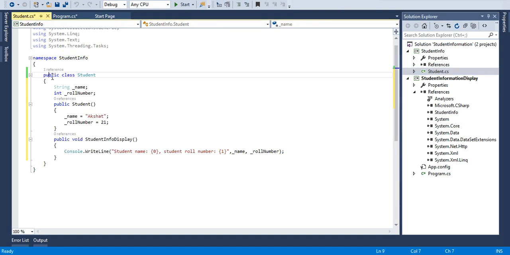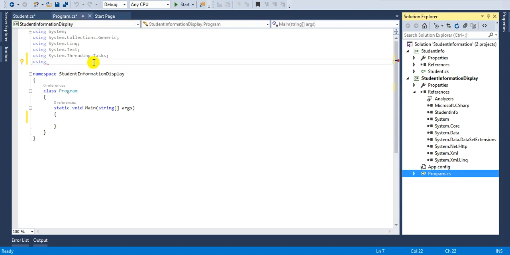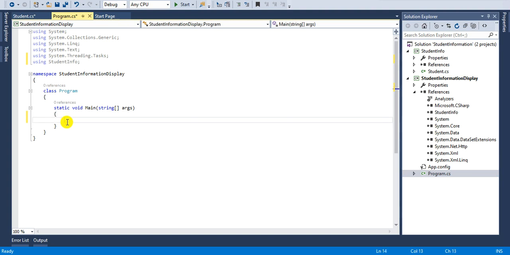So the namespace name is student info. I'll copy that. Paste that here. Semicolon. So now let's create the object of the class. So I'll use a var keyword. Object name, student info display,